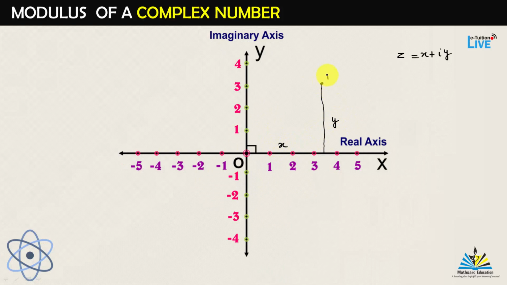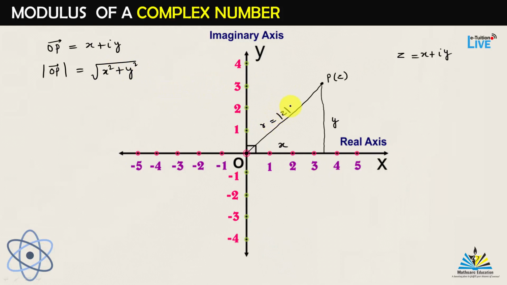So this point P is the z. Then the OP vector, that is the radius vector, is x plus iota y, and its magnitude is equal to under root of x square plus y square. In other words, that is r is equal to mod z, and that is under root of x square plus y square. In another word, we can say that mod z is